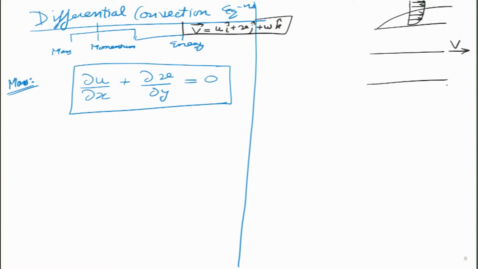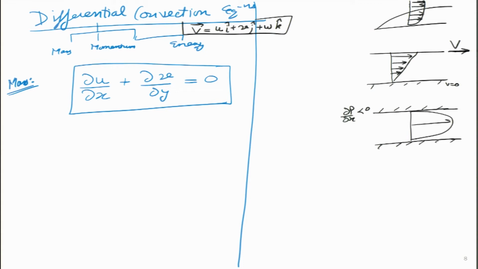The top one will move at some velocity V. The bottom one is fixed, velocity 0. We will find out that some sort of a velocity profile we will see in this direction over here. We may also see pressure driven flow, del P by del x negative, between two flat plates, both of them will be fixed. In this case we will see some sort of a parabolic flow profile over here. So, these are all examples of two-dimensional flows.